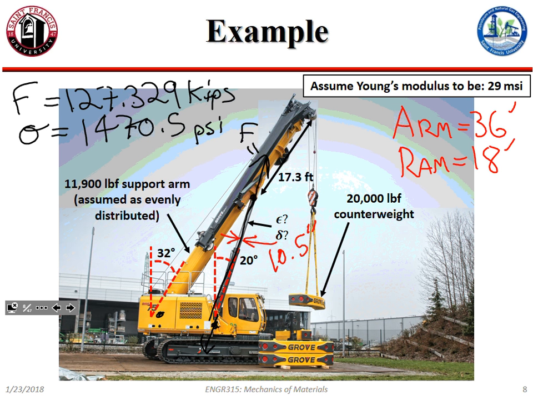It's 127.329 kips, which is 127,329 pounds. Cool. Okay. Well, for now, assuming that's correct,